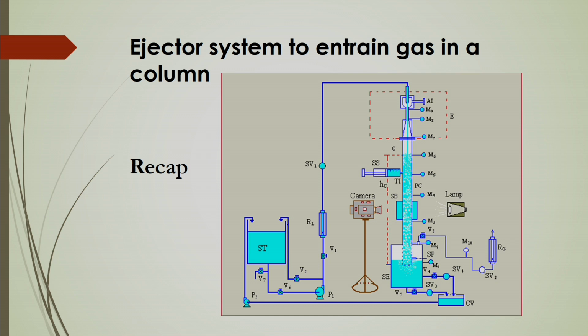See this setup here in the slides, how the liquid comes inside through the jet, and whenever the jet comes into the column, it will suck the gas from this location, and then it will be dispersed in the liquid by entraining that gas as a dispersed phase of bubbles. Due to the downward movement of the liquid through the column, it then comes to the separator, and in the separator it is separated, and comes out from the outlet of this system here.